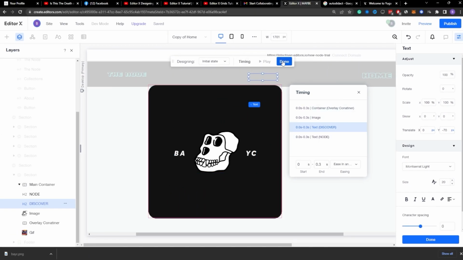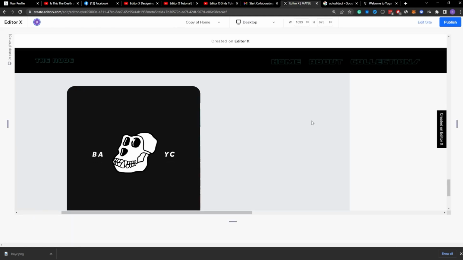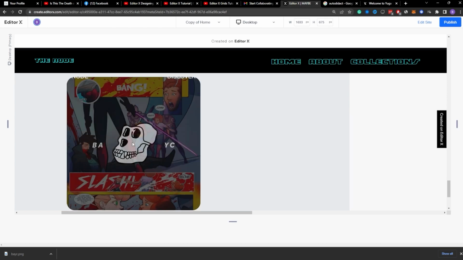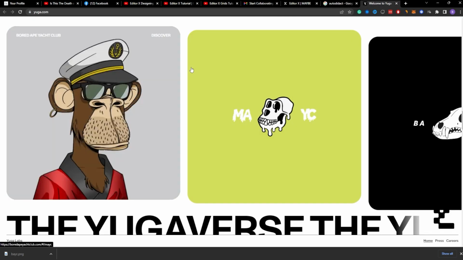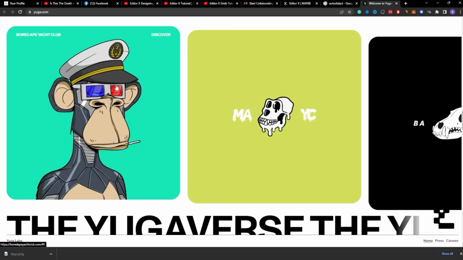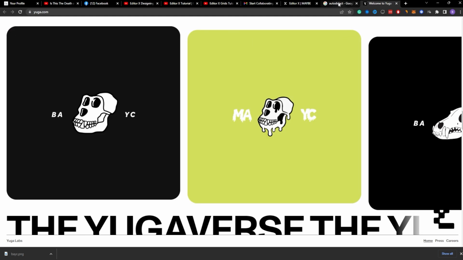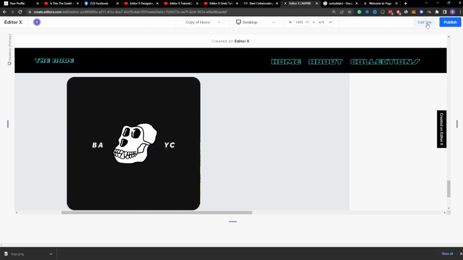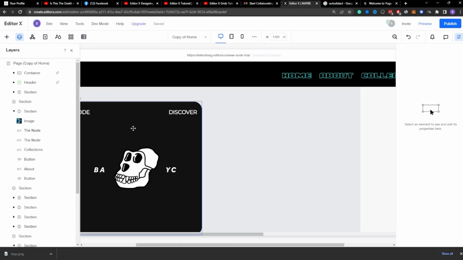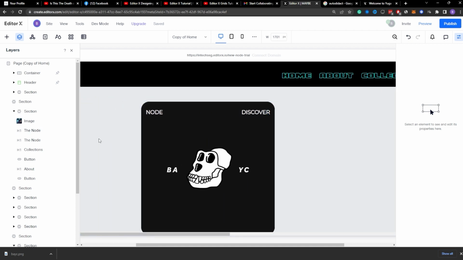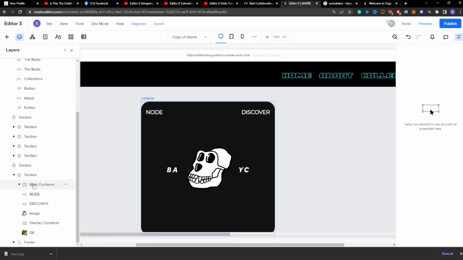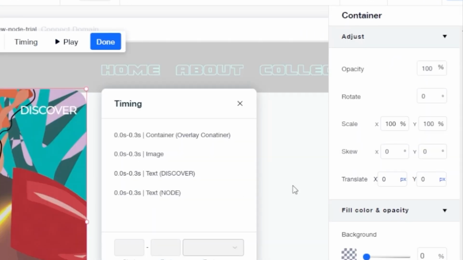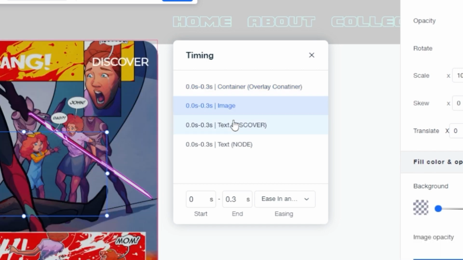And now let's take a peek at what this looks like. Ooh, all right, there we go. Ta-da. Now let me see. Yeah, this was pretty quick. So if you want something quick like this, where there's not so much of a fade, and it happens instantly, what you can do is go back to the effects. So I'm going to select the main container, go back to my effects, hover effect, and on each one of these,